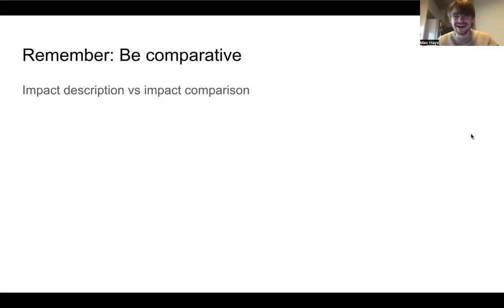still lose. And the same is true for things like impact defense, right? Even if you say that your opponent's impact is very small, if it's not smaller than your impact, then it really doesn't matter. It actually does not change the outcome of the round at all. And so the only way that you can possibly change the outcome of the round with weighing is by being comparative with it and including an explanation of both your argument and theirs in the weighing. It's a basic thing. Lots of coaches teach this over and over again, but it's an important reminder, maybe especially